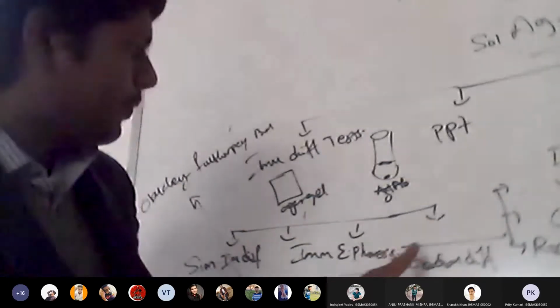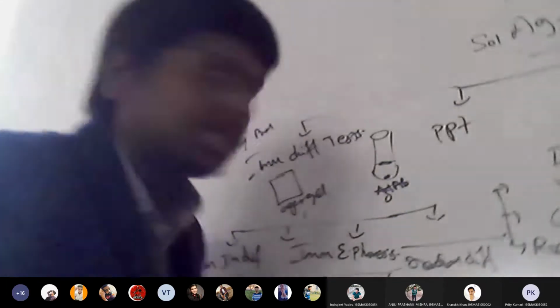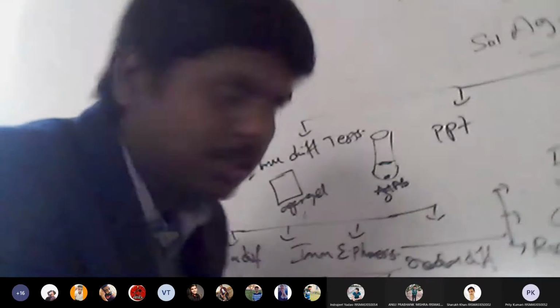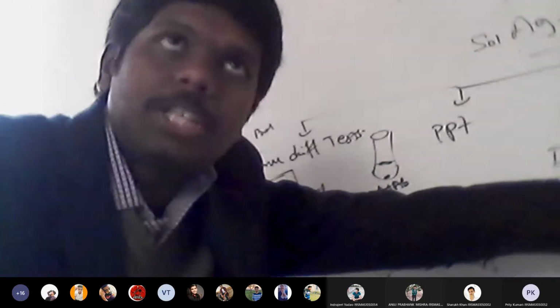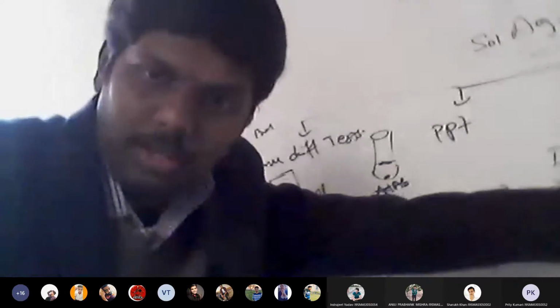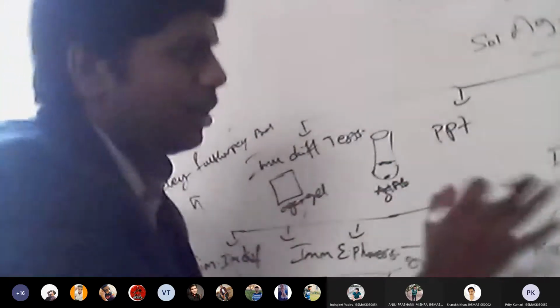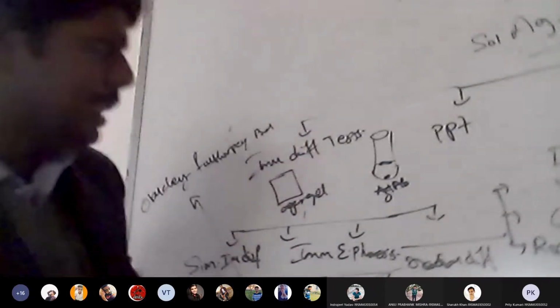So these are the three types of immunoelectrophoretic methods we have: rocket immunoelectrophoresis, counter immunoelectrophoresis, and Laurell double dimension immunoelectrophoresis. Now I will discuss Laurell double dimension immunoelectrophoresis. I'm not sure whether it is double dimension or double diffusion. I will cross verify in the textbook. Meanwhile, I will discuss it in detail.